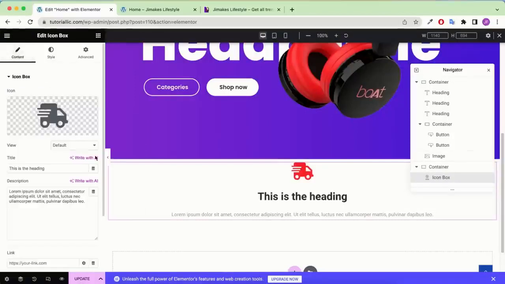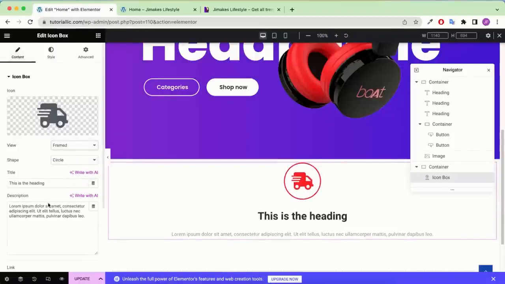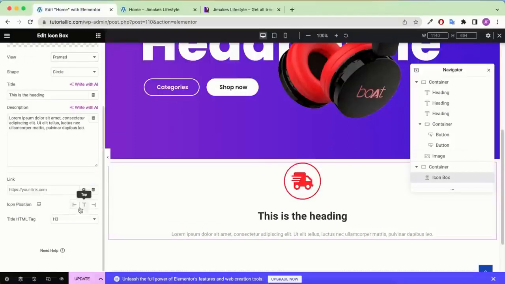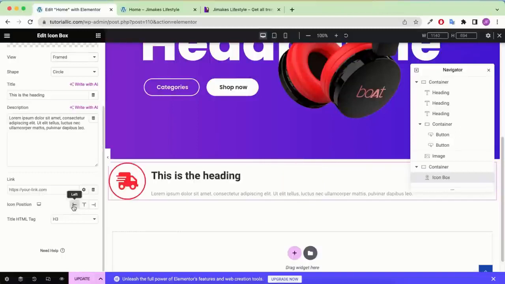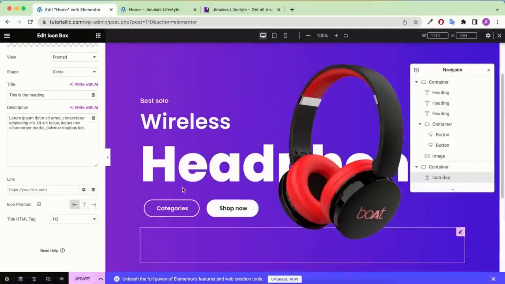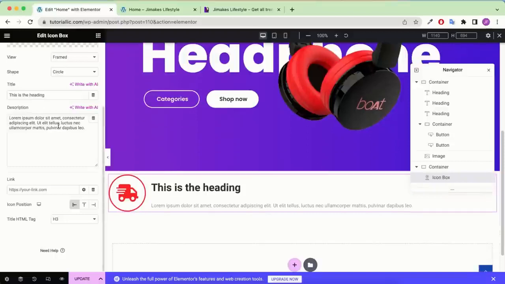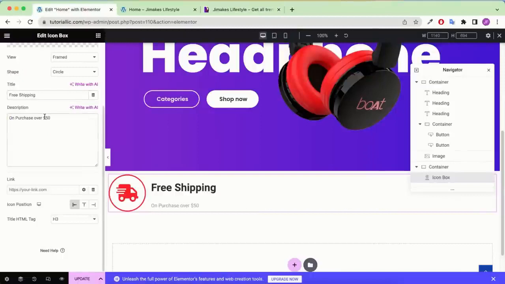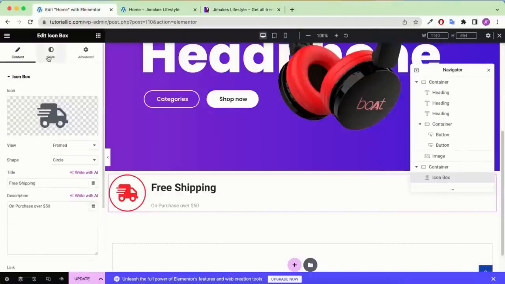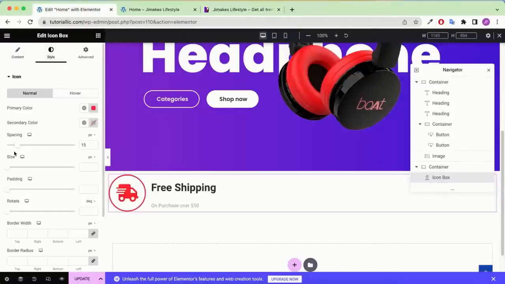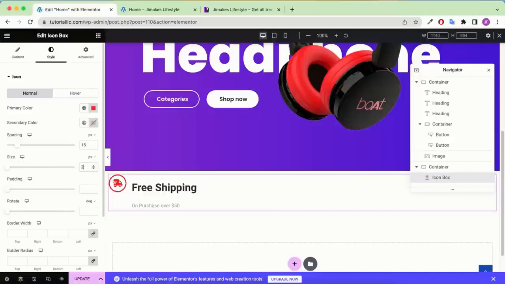Let's go back to the content again, and let's click on this view, and let's click on this frame. Now scroll down, then you need to click on this icon position into left. Okay, then you will get to see it like this. And now we need to change this content into something like this, like free shipping, and with the description will be this. And now we need to go again to this style, and we need to change this size to 25,